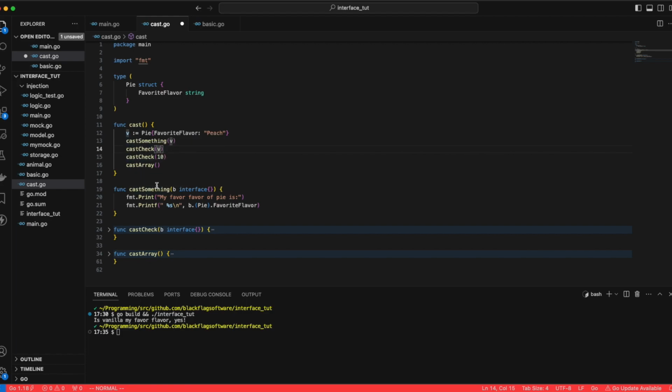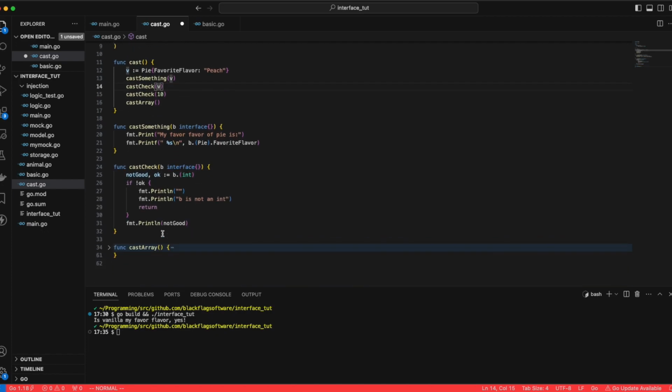And then we're going to check. We're going to look at this one now. So here's what's really awesome. There's this great little pattern that the guys from Go have given you, and you can just go ahead and cast it. And if it casts okay, then it will come into this variable. And you can also add this, you don't have to do this, you could just do that. And this ends up being a Boolean. And if it doesn't cast successfully,